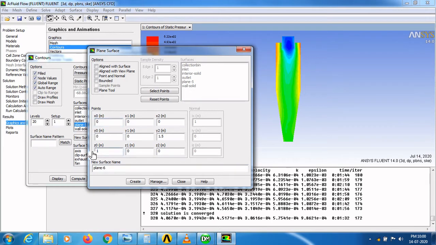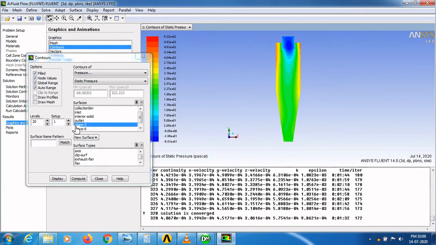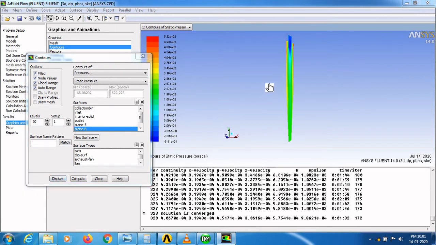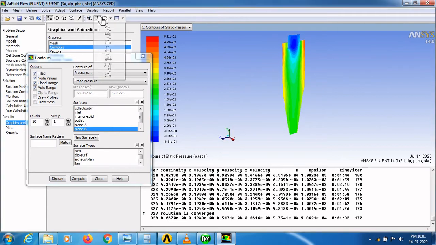Here I am going to provide x is equal to 0 and z is equal to 1 and y is same. Click create. Now plane 6 is created. Now you select the plane 6 and click display. Now you can see another plane. We can see another plane at the YZ plane.